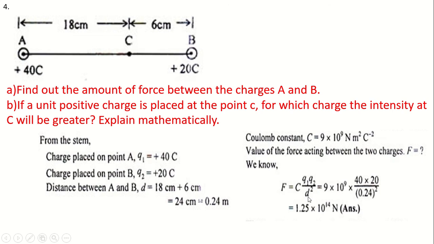You know, F equals C into Q1 Q2 by R square. So C equals 9 into 10 to the power 9, for Q1 equals 40, Q2 equals 20, divided by 0.24 square meter, and it comes 1.25 into 10 to the power 14 Newton. That is the answer. Now for B number,